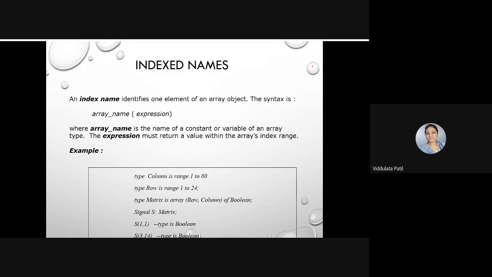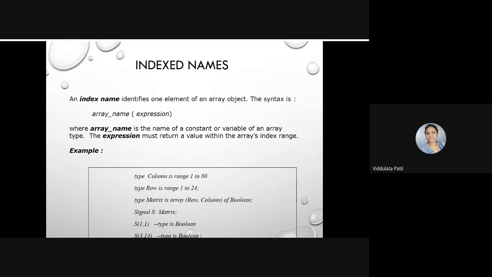Here array name is the name of the constant or variable of an array type, and the expression must return a value within the array's index range. Type column is of range 1 to 80, then type row is in the range of 1 to 24, and type matrix is an array of